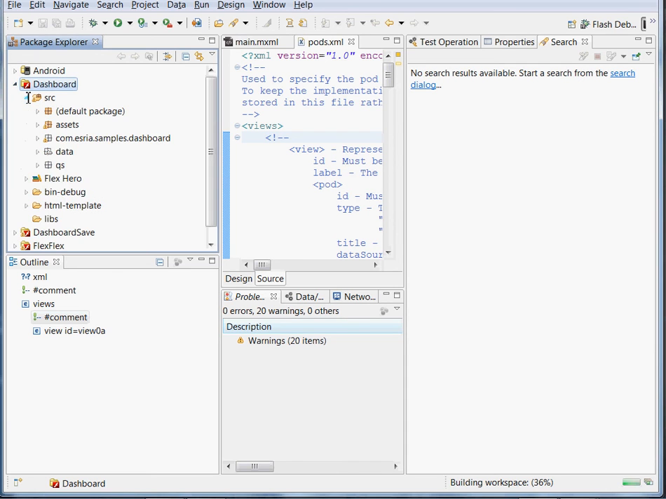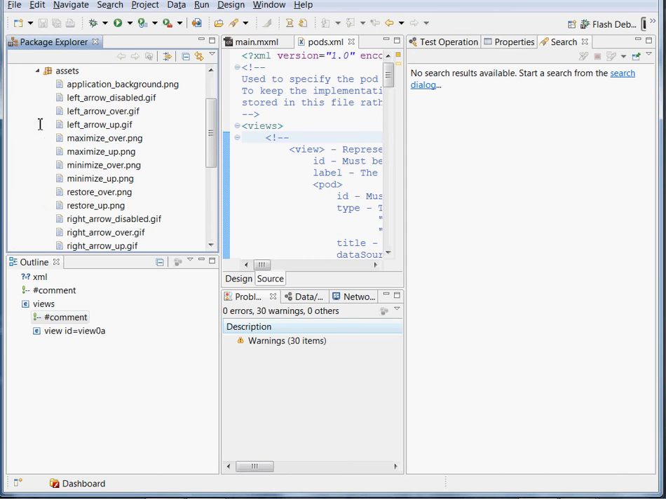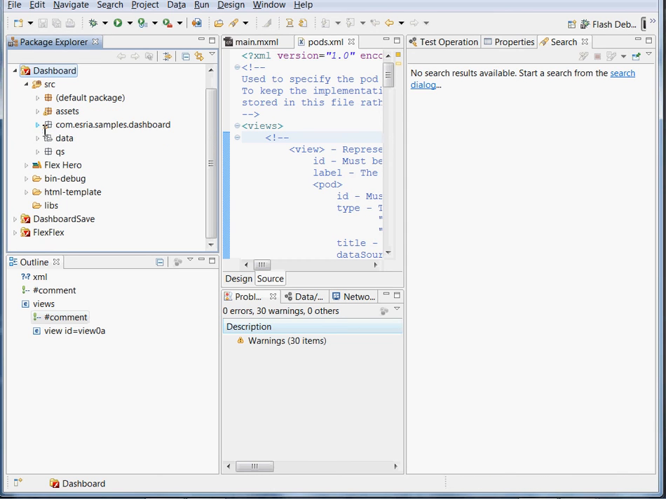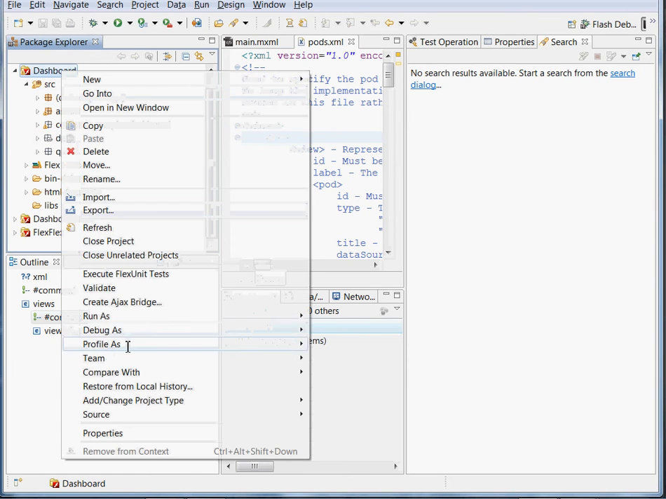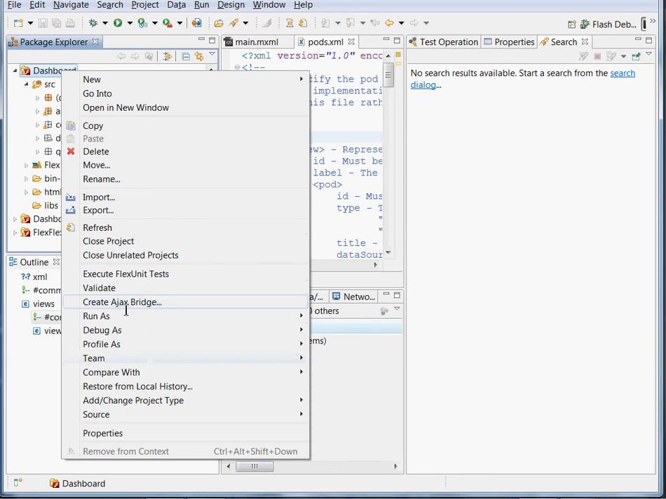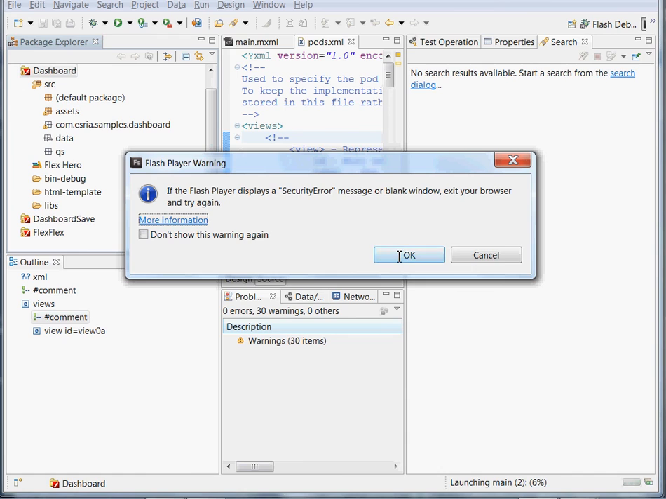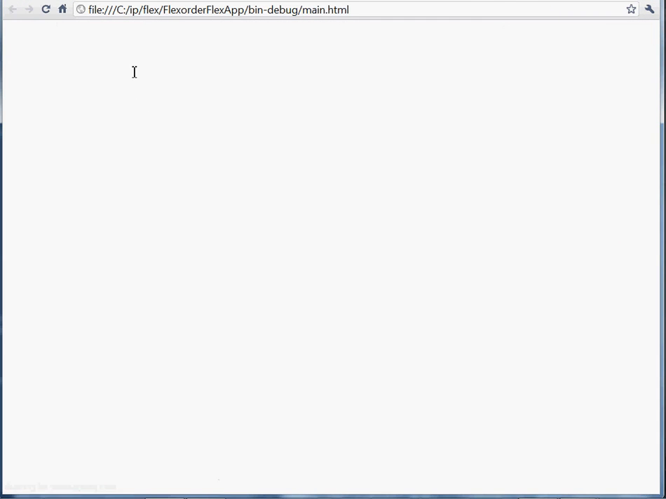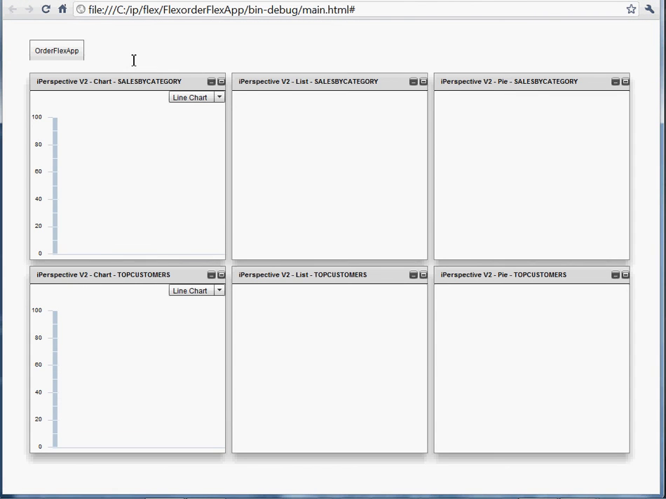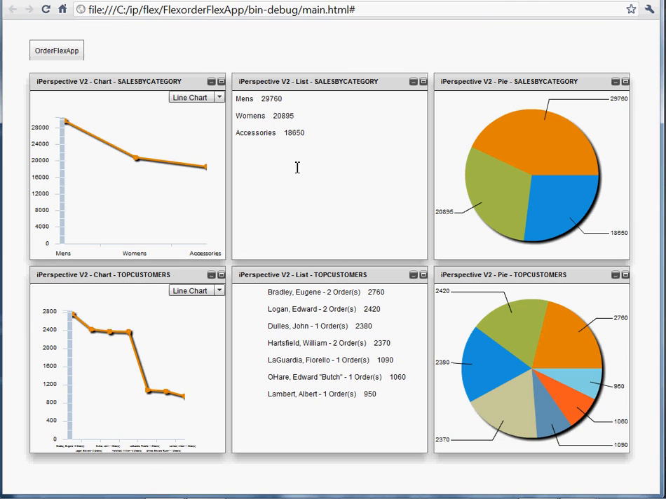Now at this point, all of the components that you see here, the XML files, the images, those are all part of templates, which are completely changeable by you as a developer. You can go in and change those. And I can come in here and say that I want to run it as a Flex application, and you can see that we've got a couple of different